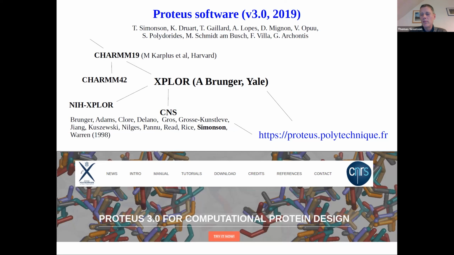And hopefully some of you are familiar with those data structures, because I'm not really going to spend a lot of time talking about the data structures that come from this molecular mechanics world. I'm going to spend a bit more time on some of the more specific features of Proteus. So on the website, you've got a detailed manual. You've got a large set of tutorials with both the fully worked version and the version that's ready to go. It's downloadable, and there's contact information and some other stuff.